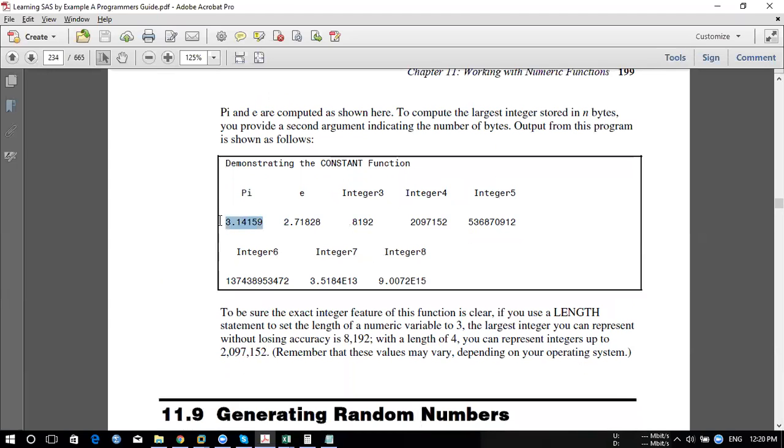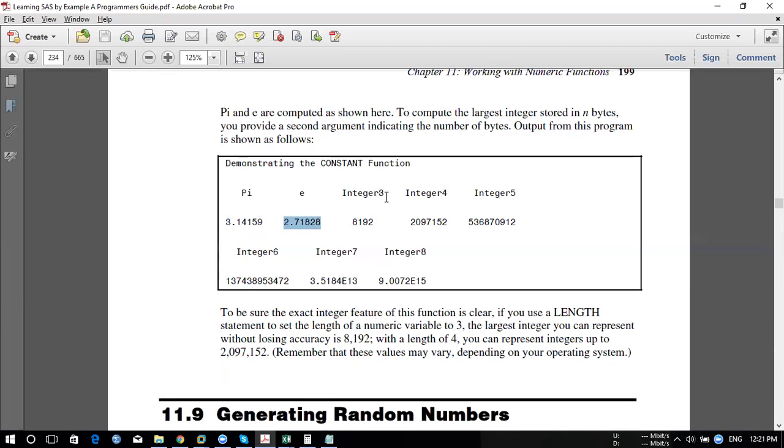Which is 22 by 7, correct? So if you divide 22 by 7, you'll get the value of 3.142. So when you say pi square, pi by 2, pi r square, the circumference of your circle, we use pi, so for the calculation, these are the values given. And this is the value for the e constant.